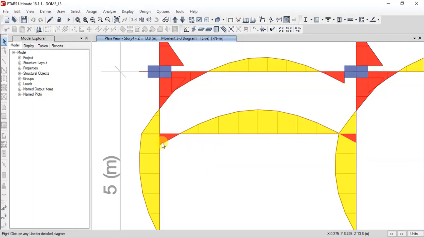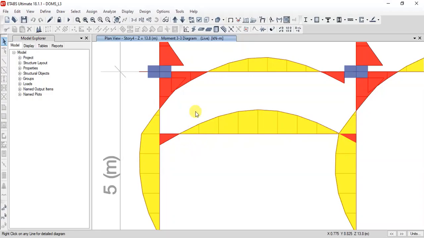If you have bending moment created here, then this beam will be subjected to torsional force, because it will be producing a moment here. So instead of that, we need to make sure that the bending moment at this secondary beam is 0. That means we need to release the moment, so that the bending moment at both ends is equal to 0. So how to do that?